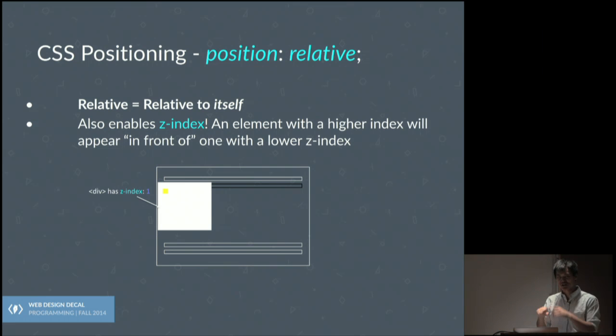So if you had this square image, you would actually cover up some text. This is the first time, when you step out of position static land and go into position relative and the other positions we're talking about, that you have something called z-index. It's sort of self-explanatory. You have your x and y, but now for the first time we've got z-index, aka in what order is this layered? That's probably the best way that I explain it.